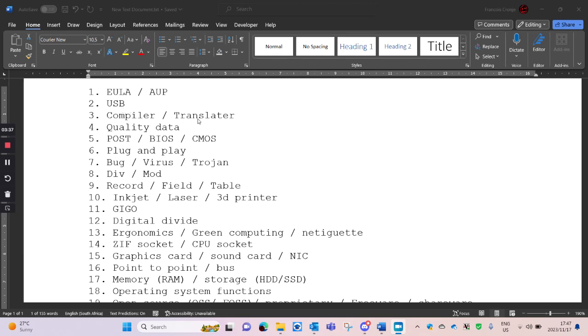Then in software, in programming, we get our programming languages. We get compilers and translators. Who can remember what's the difference between a compiler and a translator? Yes, tell me. Okay. And then translator? All right, so compiler?